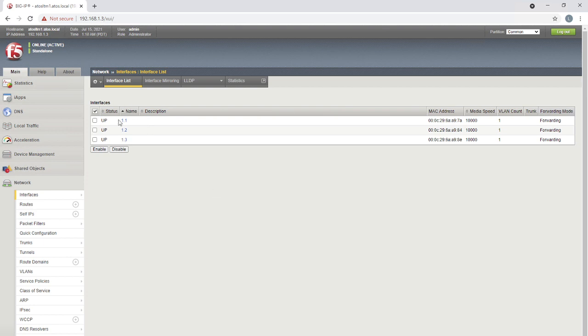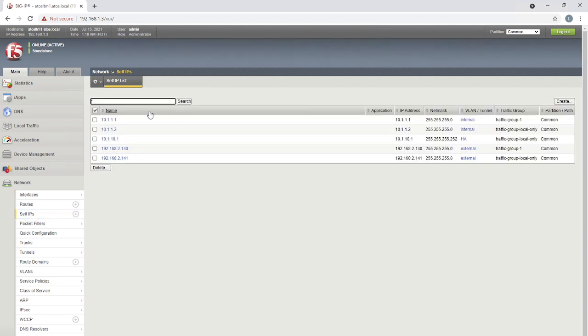Okay. So basically, in other vendor products we have 1/0 or 0/0, while in F5 we identify interfaces as 1.1, the module number followed by the port number. That's how we identify them. The respective MAC addresses we are also able to see. Self IPs are the actual IPs configured on those respective interfaces.